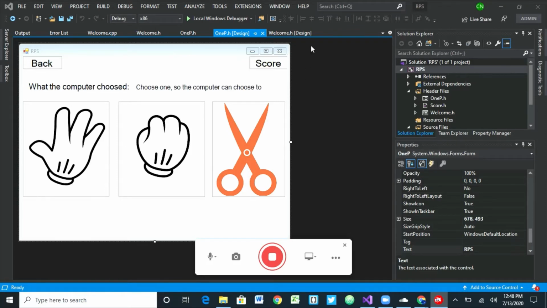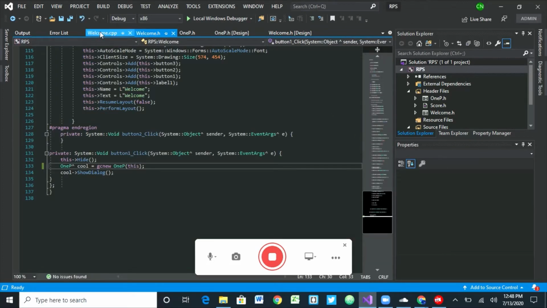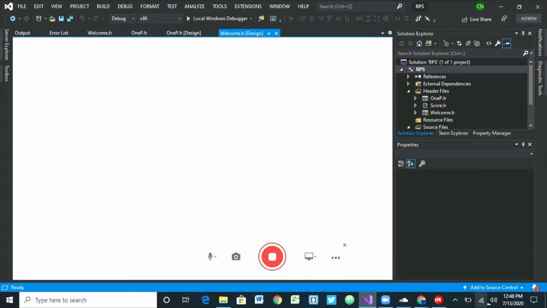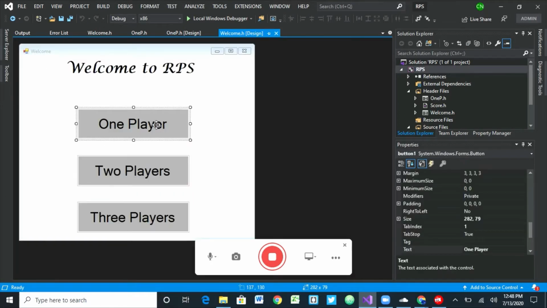I went ahead and did everything. So this is the welcome page. It was Welcome dot design. Okay, this is a welcome page, right? If you're going to play one player, I haven't done the 2 players and 3 players. I'll do that in another video. But if you're going to say one player, once you click on it, it's going to take you to